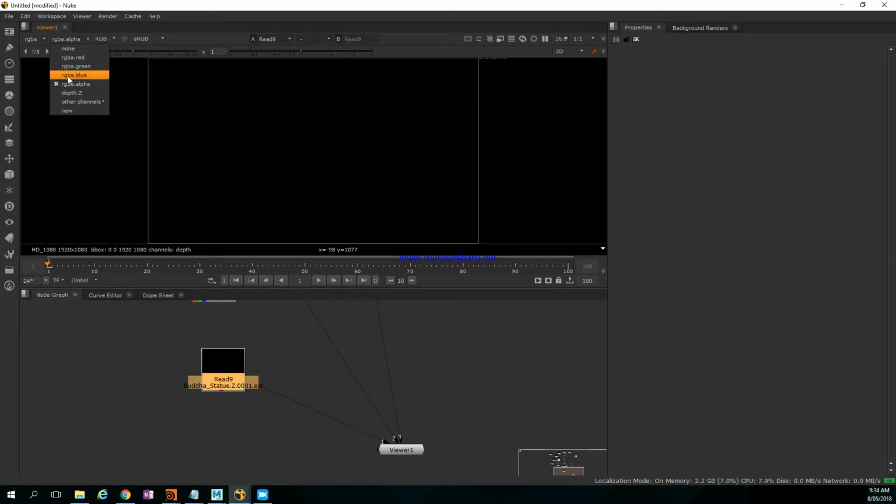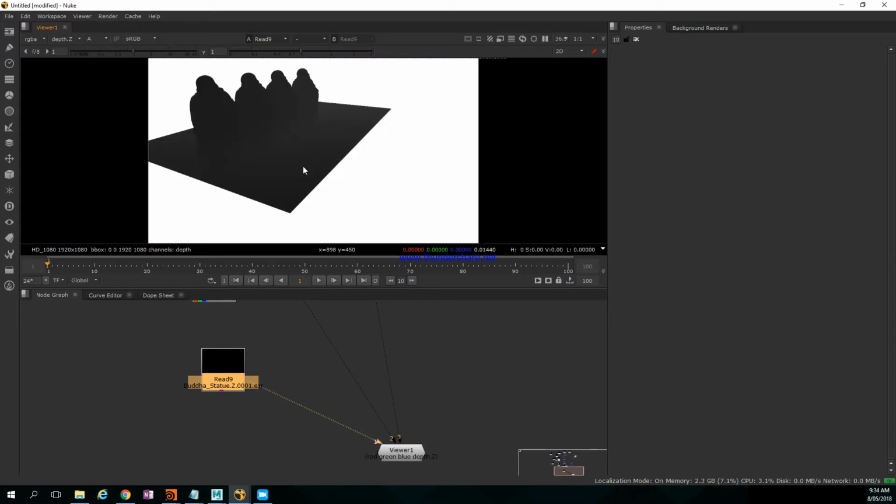But if I say I'm going to watch the z-depth and then press A and start to see what's there, you see that, wow, there's some information over there. So the further back the character, those statues, the whiter they get. So I go back to RGB